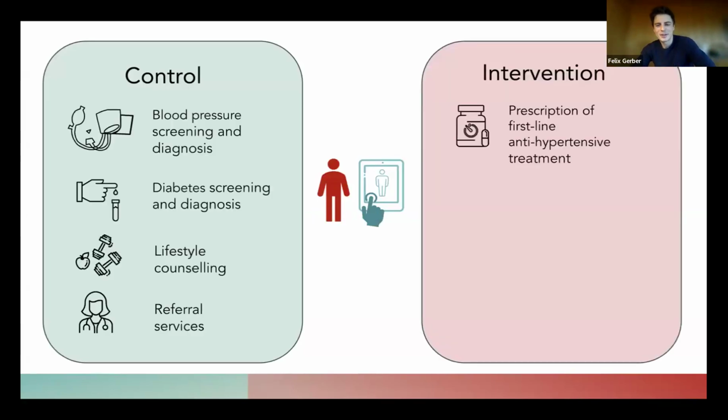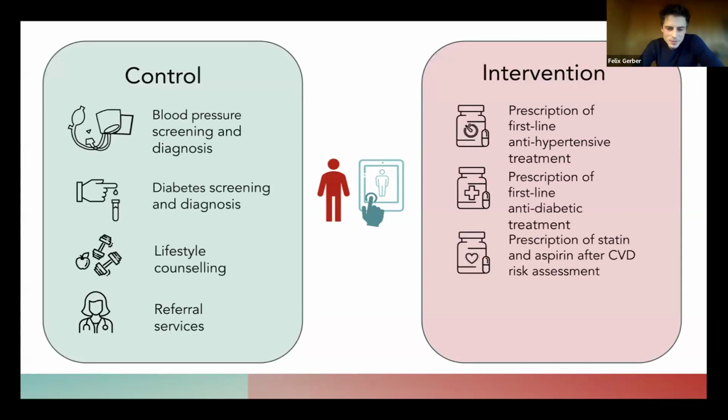Because we are working in a clinical trial setting, we didn't just want to implement an intervention, but we also wanted to assess its effectiveness. We did this by running cluster randomized trials within our cohort. As you have heard, we had about 100 villages, and then we assigned different interventions to half of the villages, which we called control and intervention.